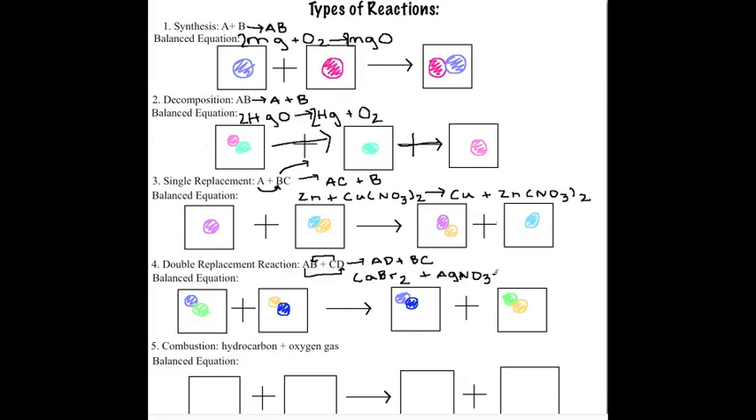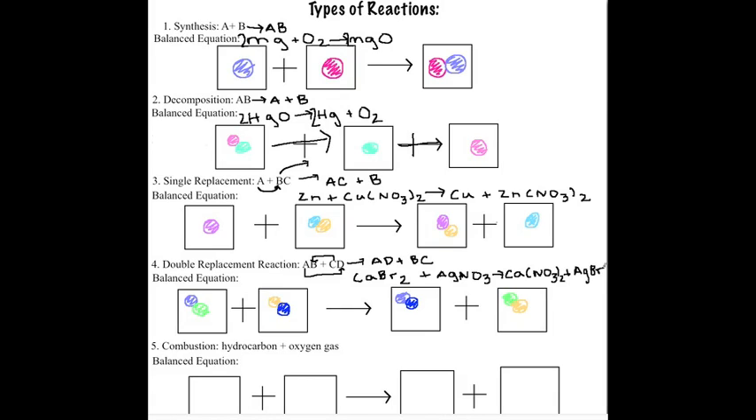Okay, so now they're just going to switch partners. So Ca, instead of being partners with Br, is going to be partners with NO3. Okay, so it's going to be Ca, and we'll go over crossing charges again, I promise. That needs a 2 right now. Plus, now Ag is going to be partners with Br. Okay, because Ca becomes partners with NO3. So it's going to be Ag,